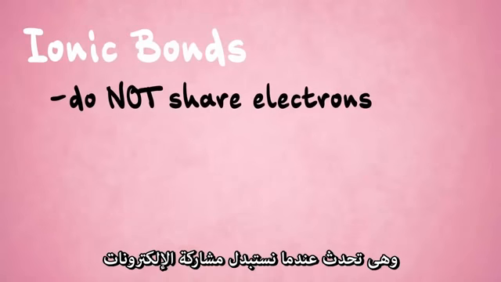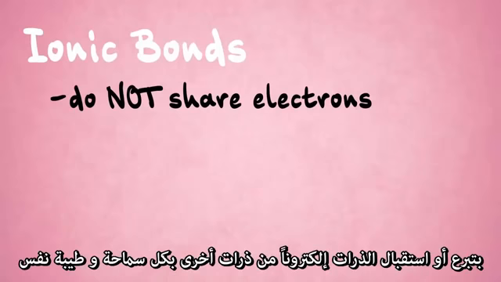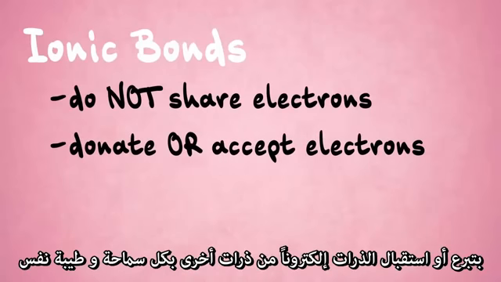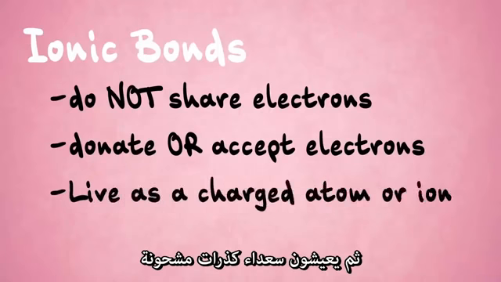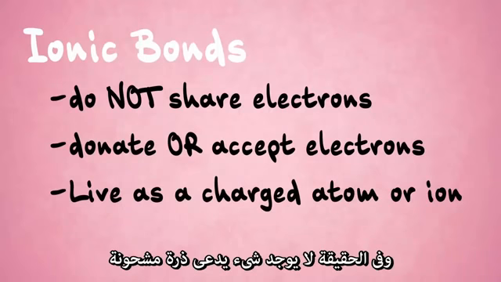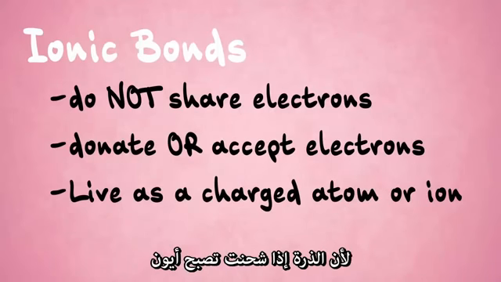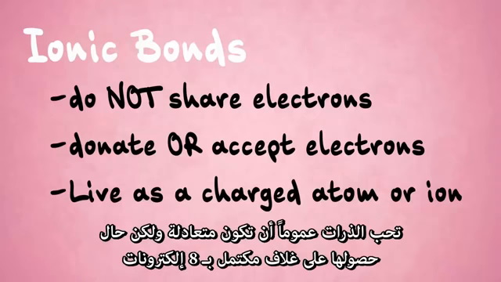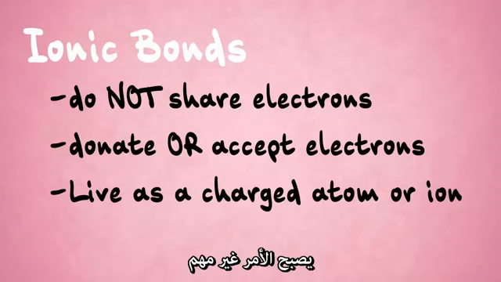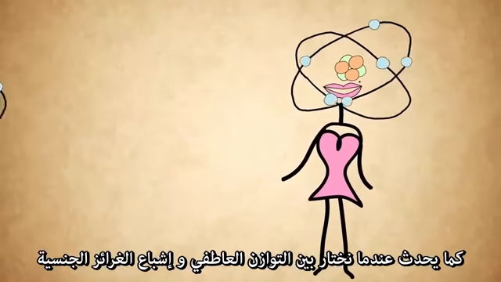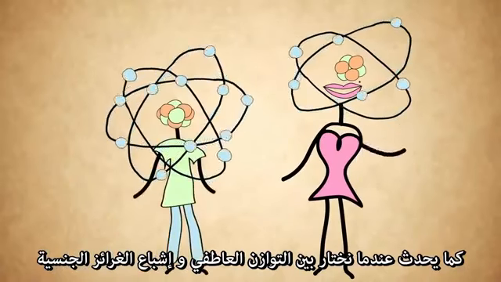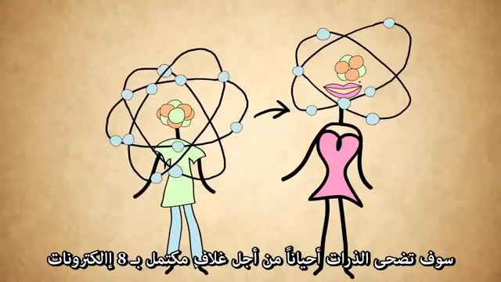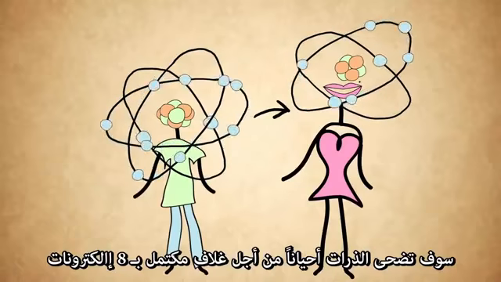That's when, instead of sharing electrons, atoms just completely, wholeheartedly donate or accept an electron from another atom and then live happily as a charged atom. And there actually is no such thing as a charged atom. If an atom has a charge, it's an ion. Atoms, in general, prefer to be neutral, but compared with having a full octet, it's not that big of a deal. Just like we often choose between being emotionally balanced and sexually satisfied, atoms will sometimes make sacrifices for that